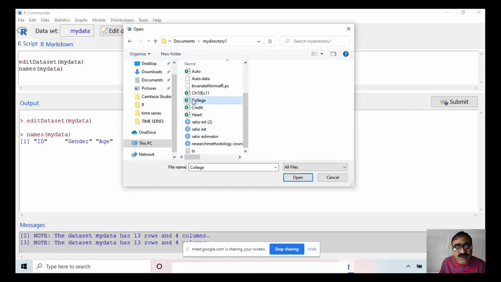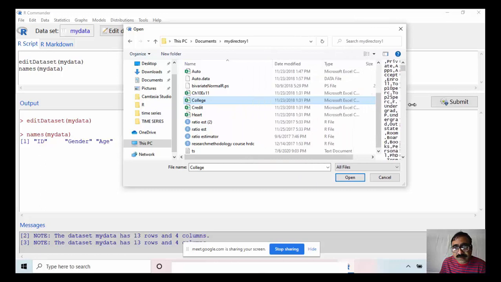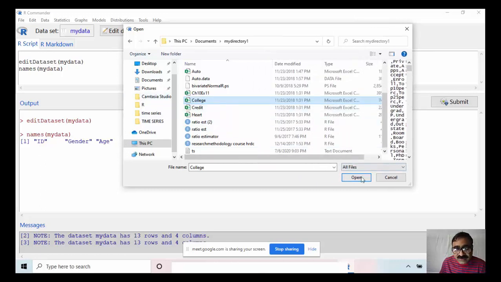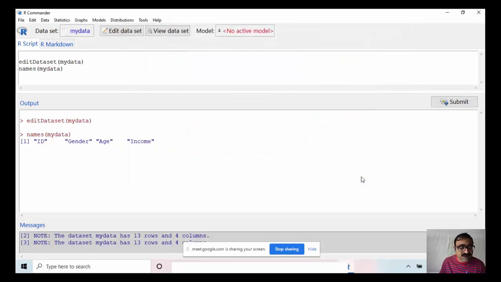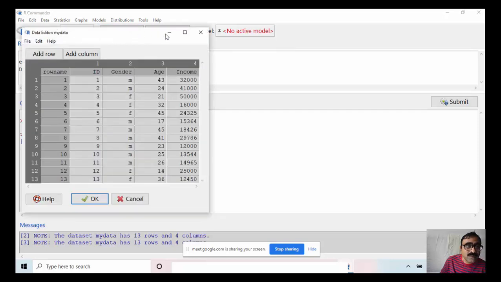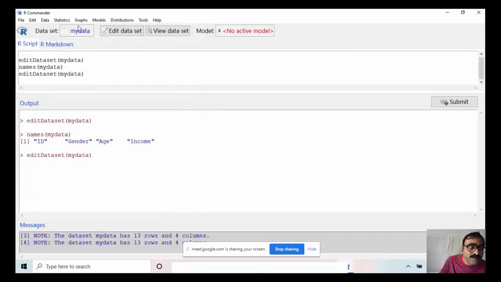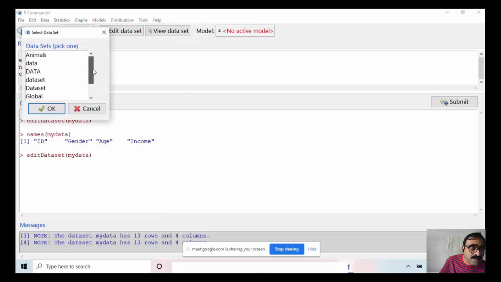Here I am going to a data set. This is college. I have already stored it in Excel form. Then I select. Just a minute.